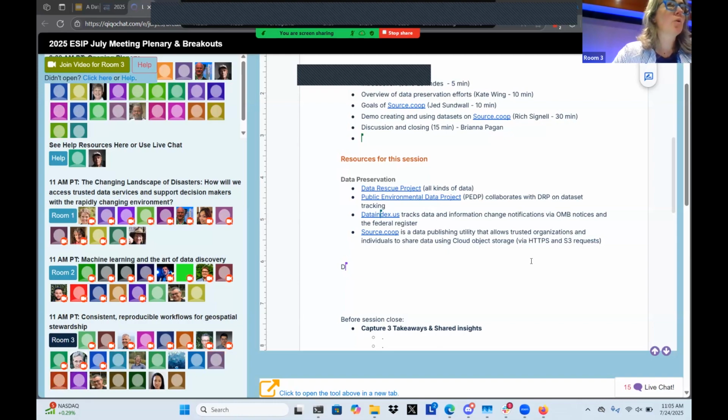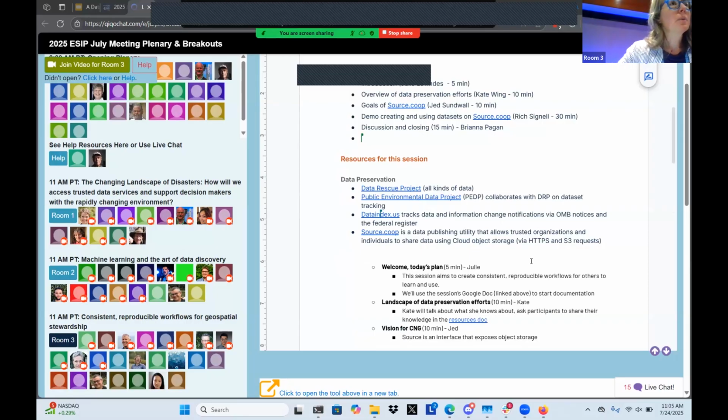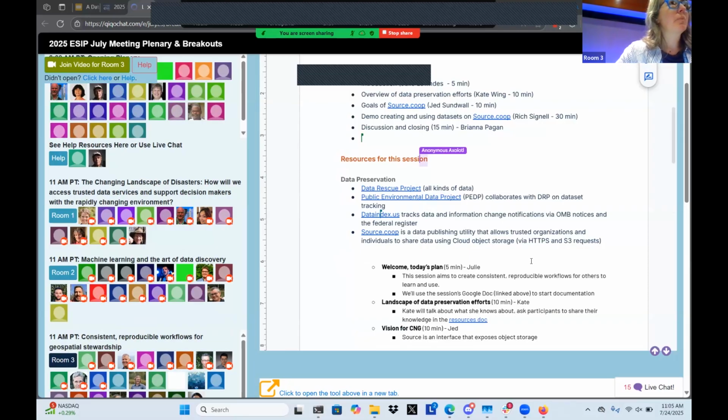Data index is trying to scrape all that data and provide a centralized place for updates to changes in data, data services, and data products. So the short update I would say about the data preservation effort, if you went to the repository risk scorecard,